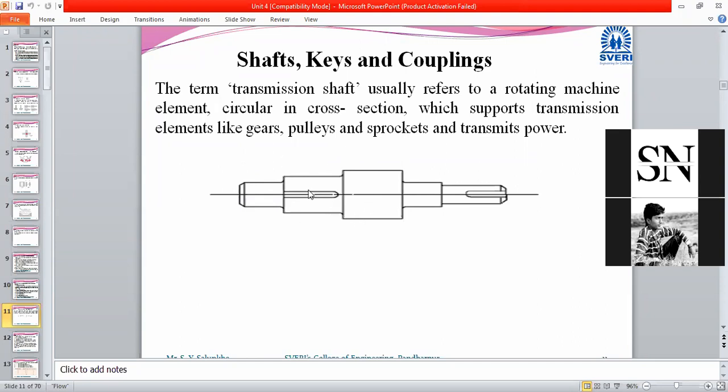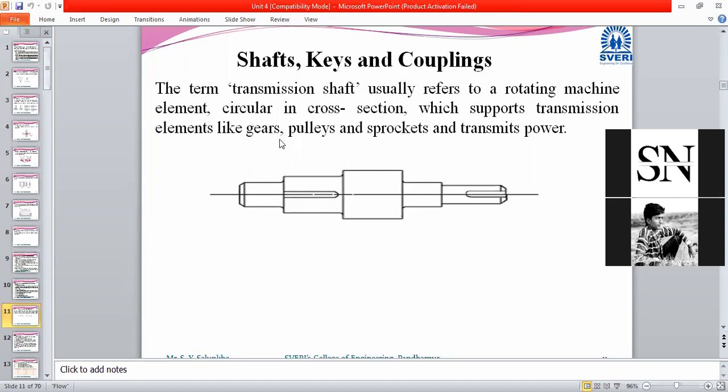It is a rotary one, which is going to support the other transmitting devices like gears or pulleys. Basically it is a single piece, or might be connected together with the help of couplings if a sufficiently long shaft is not possible to manufacture. It is going to couple or transmit power from one device to another, like from one gear to another gear, or from one machinery to another machinery by means of a coupling, like from an electric motor to a centrifugal pump.